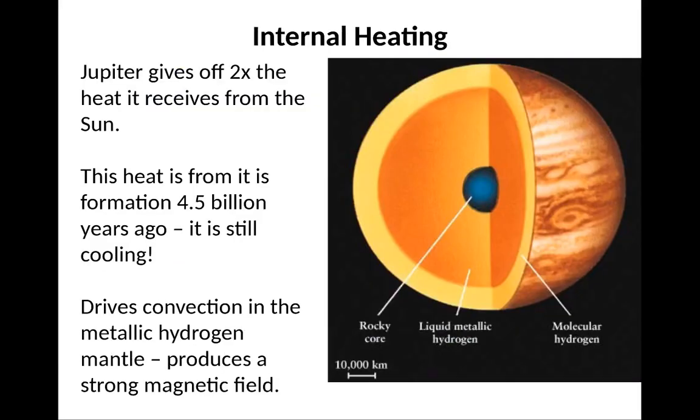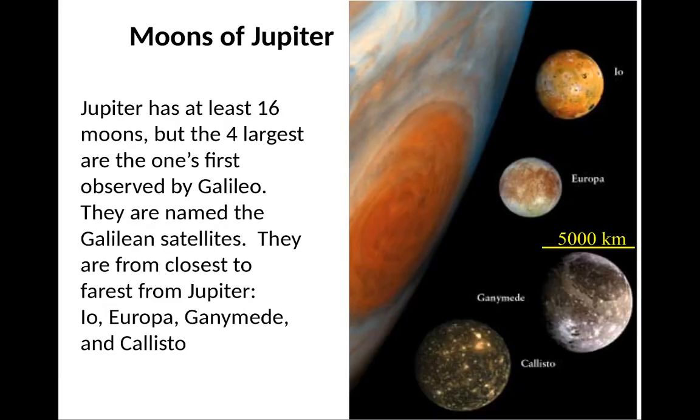Now, interestingly enough, Jupiter gives off twice as much heat as it receives from the sun. This heat is actually the leftover heat from its formation 4.5 billion years ago. Jupiter is still cooling, and this cooling actually drives convection in the metallic hydrogen mantle and helps produce a strong magnetic field. Jupiter has at least 16 moons. Right now, it's actually up to 20. At least 4 of the large moons